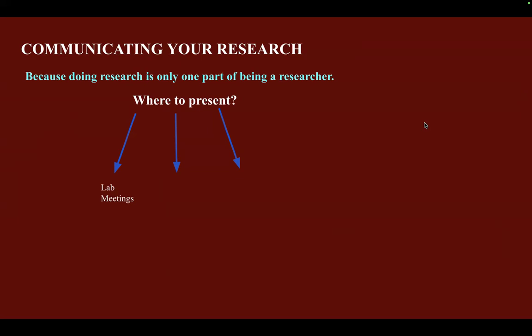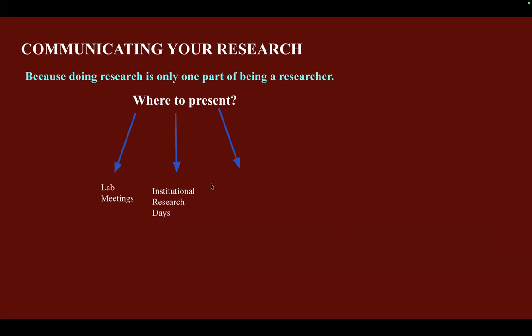Research is pretty much a weekly commitment, and there are lab meetings every week, so it's a great opportunity. It doesn't have to be an hour presentation, but it takes a while to get started, and this is the best way to start off. And once you're confident with this,